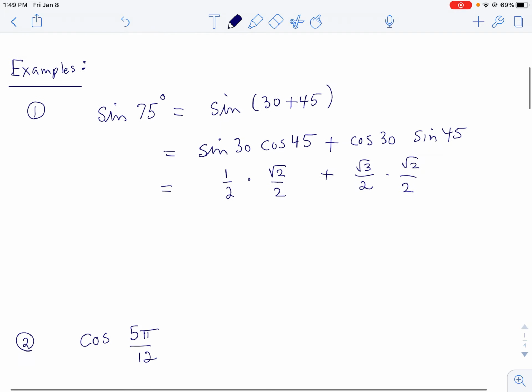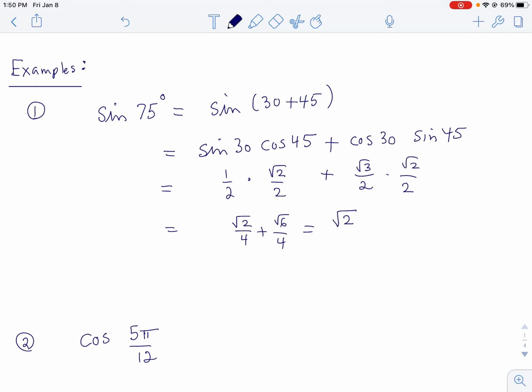So when you multiply 1/2 times root 2 over 2, you get root 2 over 4. When you multiply root 3 over 2 times root 2 over 2, you get root 6 over 4. And you get a common denominator there, so you can actually add those up and get root 2 plus root 6, the whole thing over 4. So sine of 75 degrees, again, it's an ugly radical. It's a big fraction. It's root 2 plus root 6 over